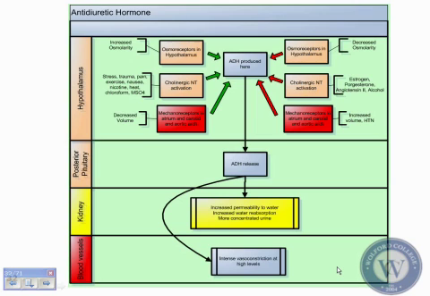Remember, ADH is not produced inside the posterior pituitary. It's produced actually in the hypothalamus. Okay? So anything that causes this activation will then cause its release at the posterior pituitary point, where then it gets into the bloodstream. Okay? Things that will activate it are in green. Okay, the green arrows indicate activation, and the red arrows mean inhibition.